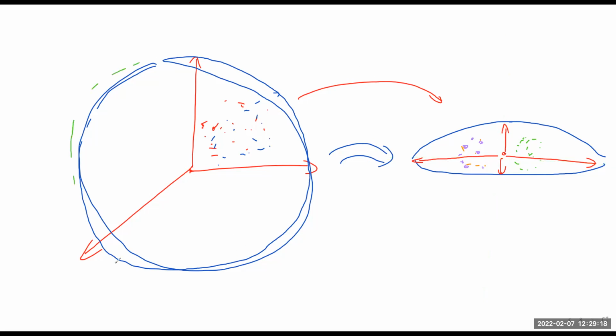But what I'm doing here is what's important, the intuition that's important is that I can manipulate a space that was spherical, if you will, and make it into an ellipse, for instance. And the goal of it is that I want to better separate the points. Here, there was too much overlap of them, right? But I learned something about the properties of them that I can group them a little bit better.